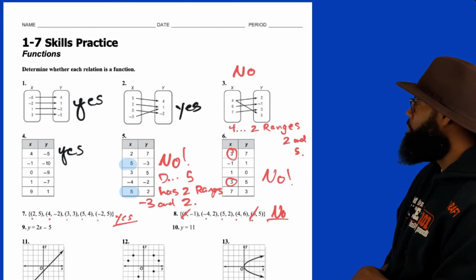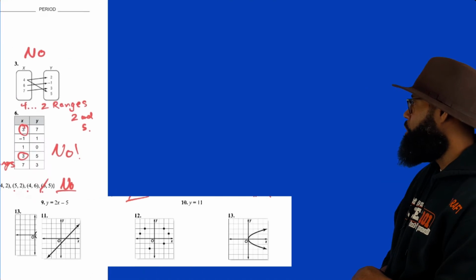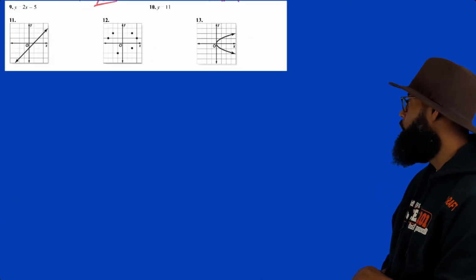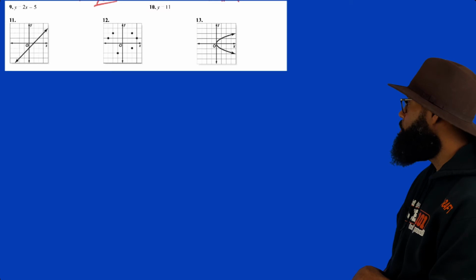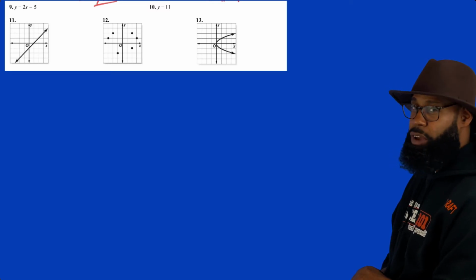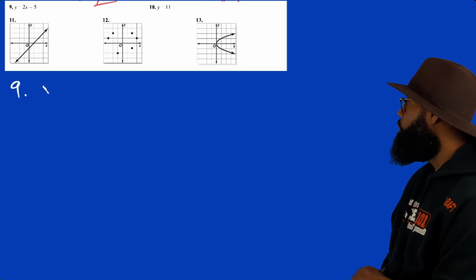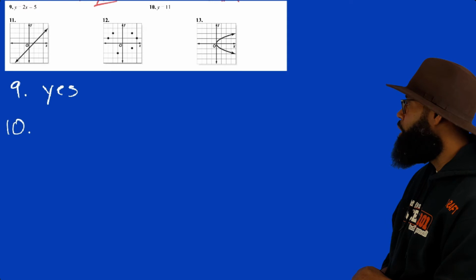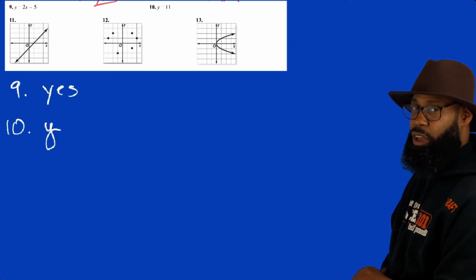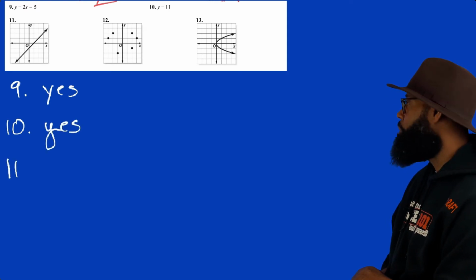But wait, I skipped 9 and 10, huh? I think we need some room, y'all. Let's make some room. There we go. So, gonna get a little bigger for you, but not today. We're working on it. However, for number 9, it says y is equal to 2x minus 5. Yes, because no matter what x is, you're gonna get a value for y that's different every time. And for 10, same thing,